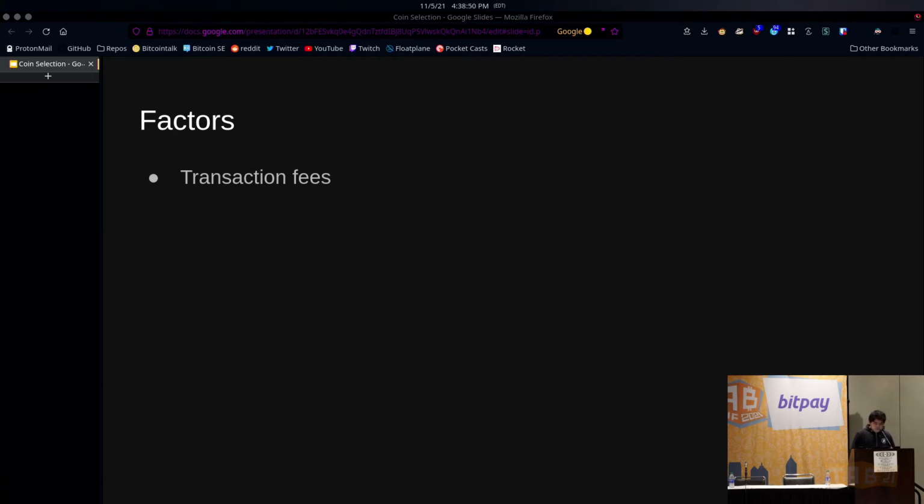Some other users might also consider privacy. They want the most private transactions, maybe even at the cost of paying additional transaction fees. They don't want to have certain inputs linked together, or they want to make sure all UTXOs for a certain address are spent at the same time. But for developers, we also have a couple other considerations that most people did not think of, such as the